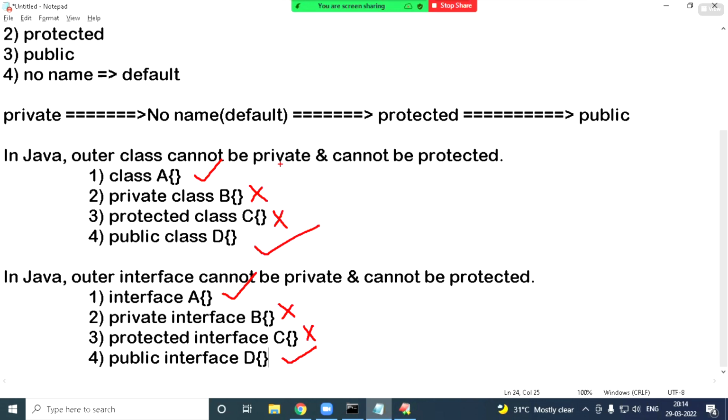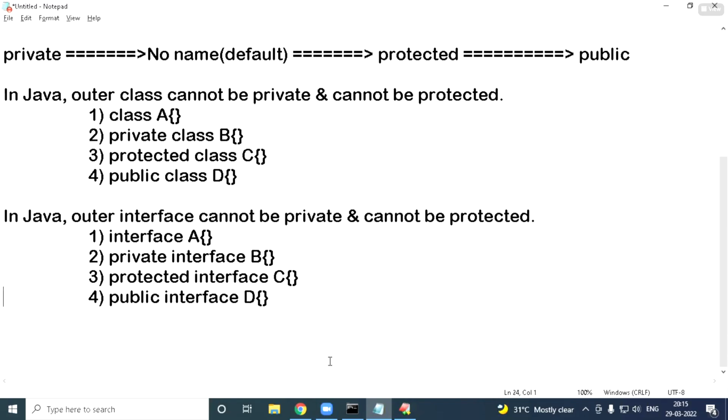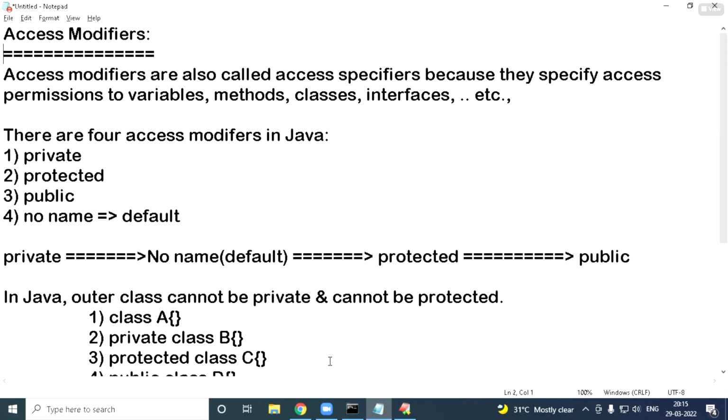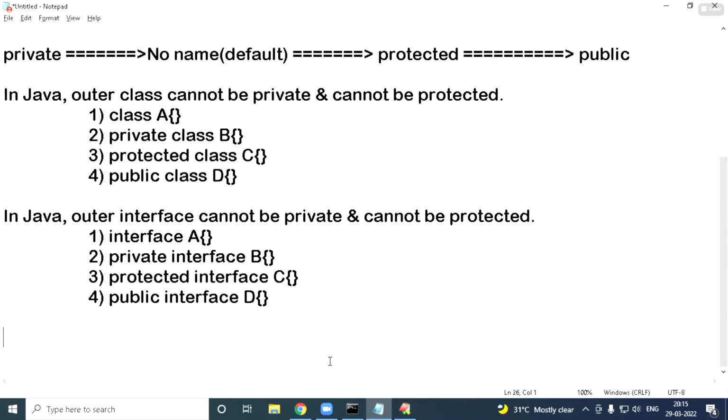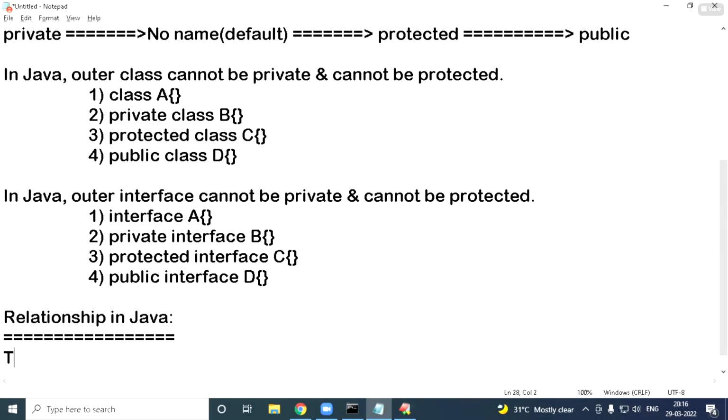Is it over? Now, this is about access modifiers. Okay. Next, relationships in Java. There are 2 relationships in Java. First one